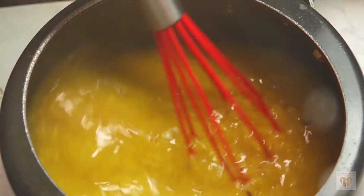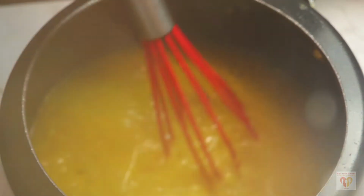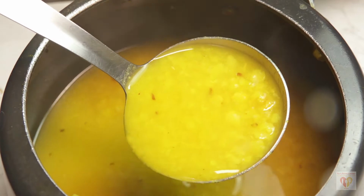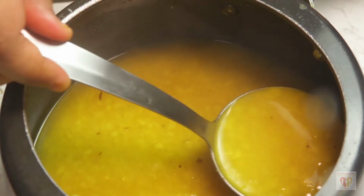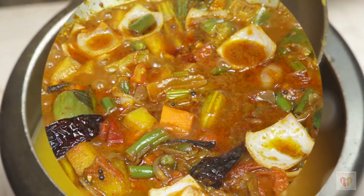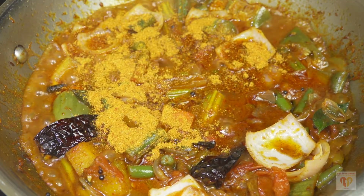So now I'll just mix it using a whisk here. Never use a hand blender at this stage. If you use a hand blender, then the consistency that we need will not be attained. And see, this should be the consistency. The lentil should be whole and yet it should be cooked. So this is perfect. In between, my vegetables had been cooking or simmering on low medium flame, and